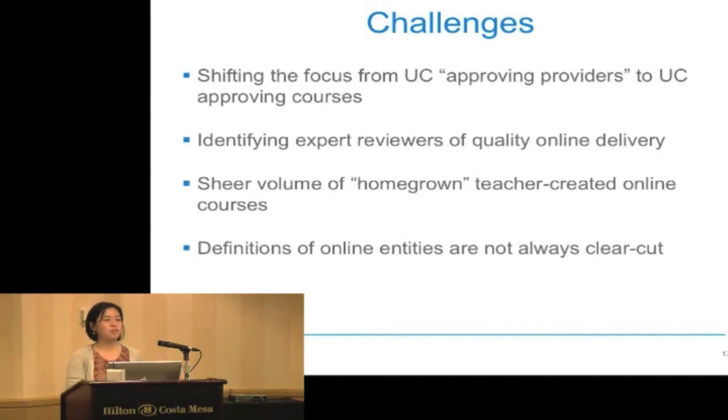Because we're getting questions like, well, what are you going to do to approve the online publisher? Or what are you going to do to approve the online school? And I just want to reiterate, we're not approving an online entity,